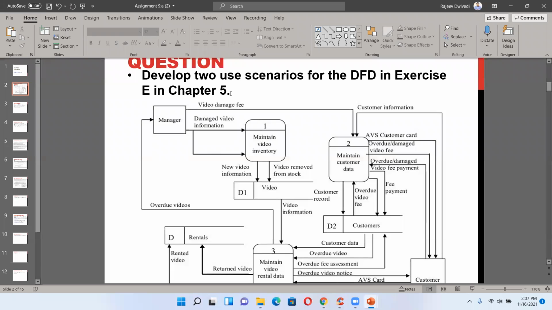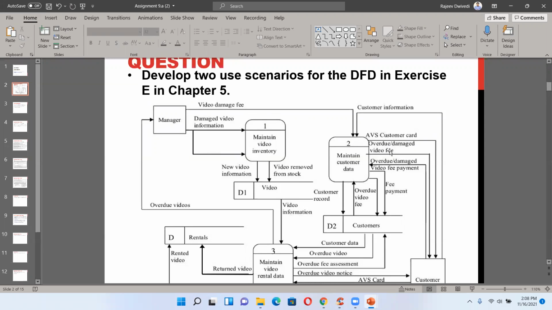We have been doing this video rental case from the beginning. We developed use cases, we developed the zero DFD. So based on the same zero DFD, we are going to work in this chapter as homework.